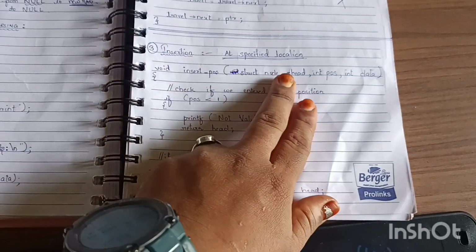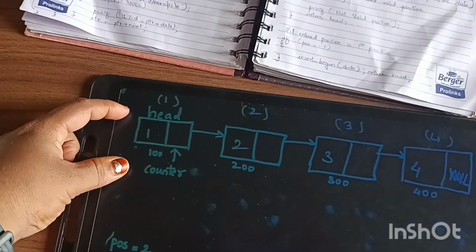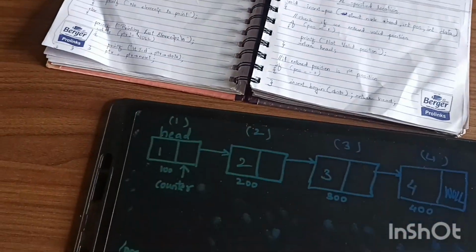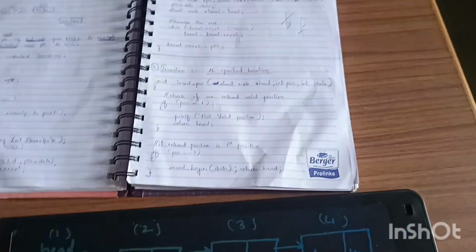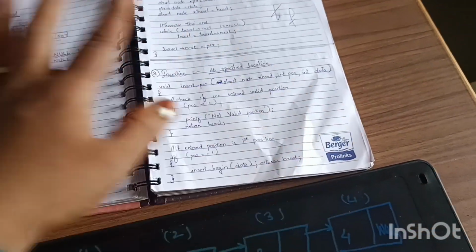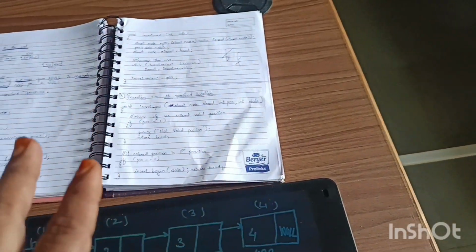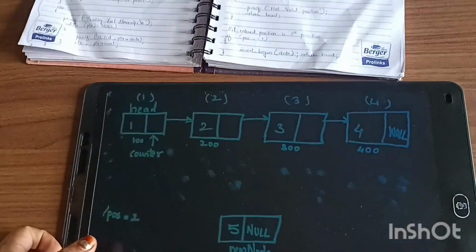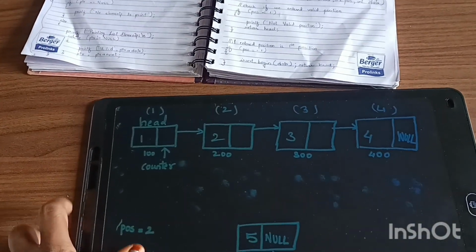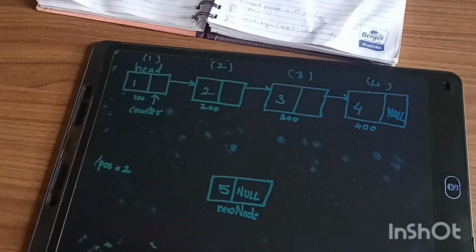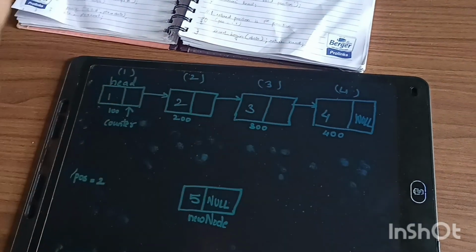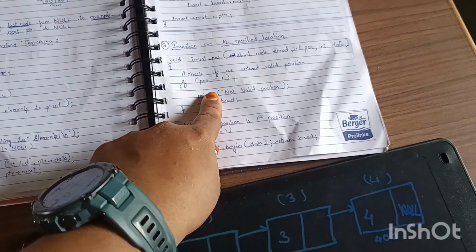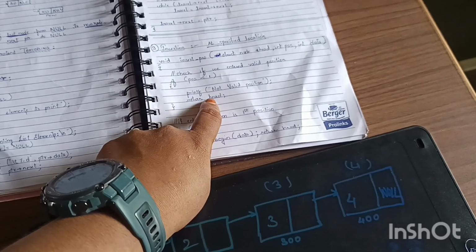insert struct node head. So as usual, I am starting from here. Head I require, the insert position, that is, in which position you want to insert. Next is what data you are inserting. Next I am going to check whether the given position is valid or not, because if I give 0, it should not tell that you are going to insert in the 0th location, because a linked list usually starts from 1. So I am checking here, if it is less than 1, not a valid position,